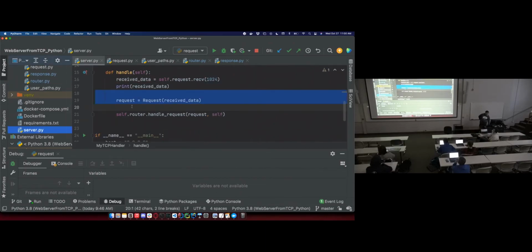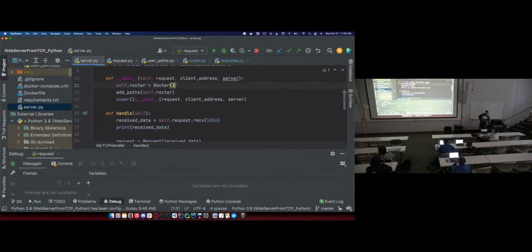Now we want to start using this router. So I created a new router that has an empty list. It's just going to return 404 for absolutely everything because there are no paths for this router. So I need to add things. Now I can add,